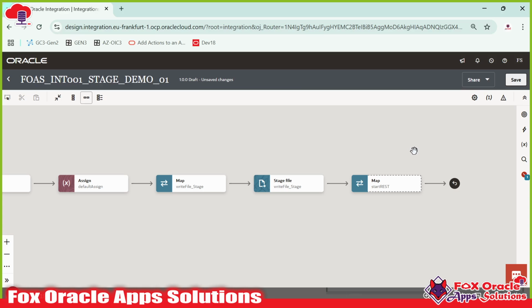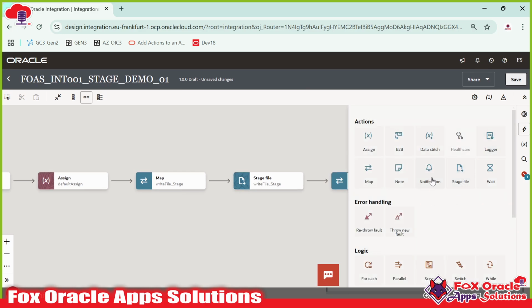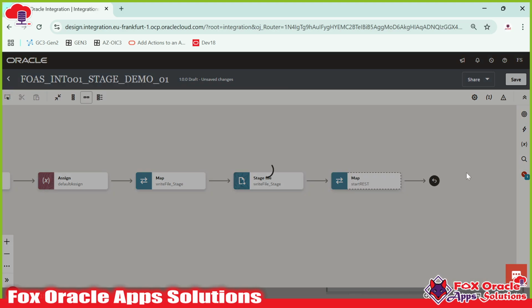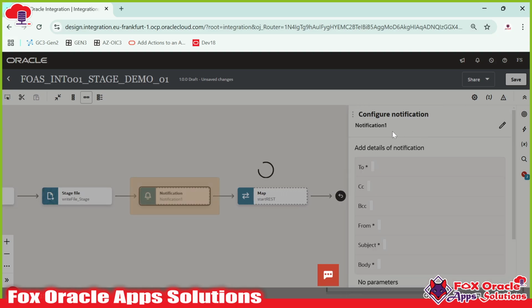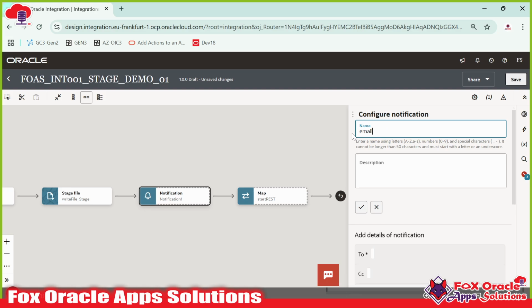So now what we have to do is add the notification to send an email, right? For adding the notification here, go to the action and select the notification action. So I will drag this action here. Let me drag this action again. And here first we have to provide the endpoint name. I will give the endpoint name as email